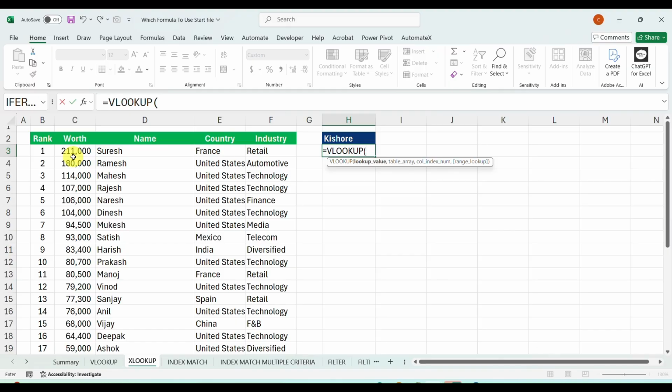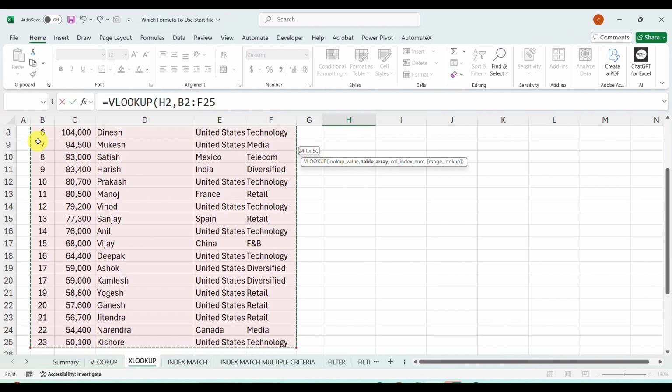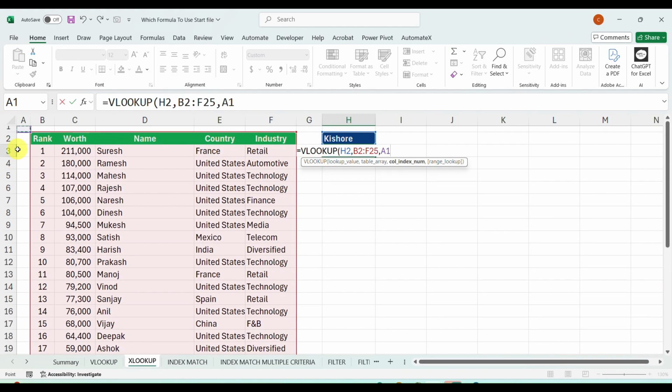Absolutely no. What we'll do, we'll select the lookup value, comma, table array. Say we have selected the table, comma. Now it is asking for the column index number. What to do? We need worth. Can we put 2 here, comma, exact match or false match, whatever you select, closing the bracket.